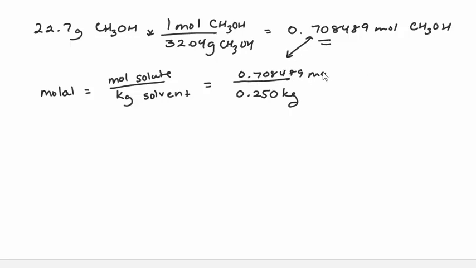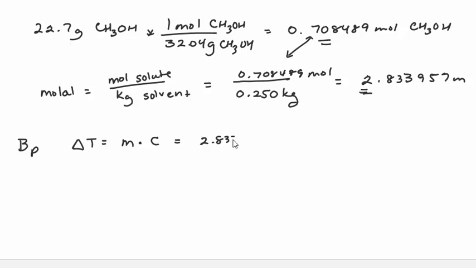And that leads to a molality value of 2.833957 little m. I'm going to give you way too many digits. Now for the boiling point depression, the change in temperature is going to be equal to the molality times the appropriate K value, not the mass. So the molality given here,